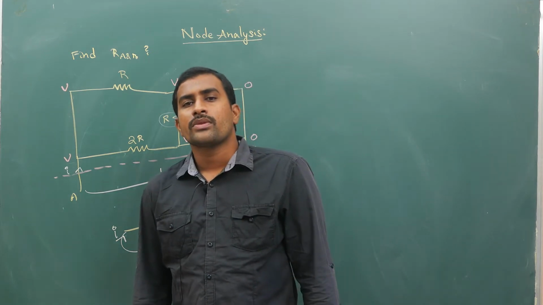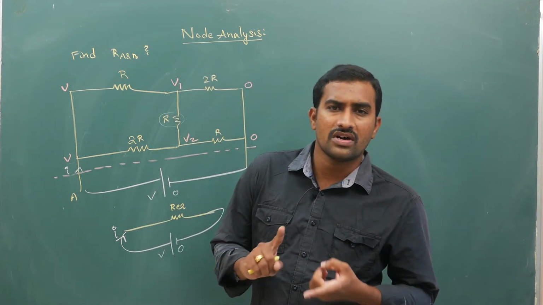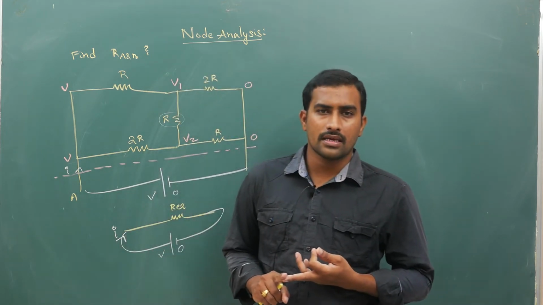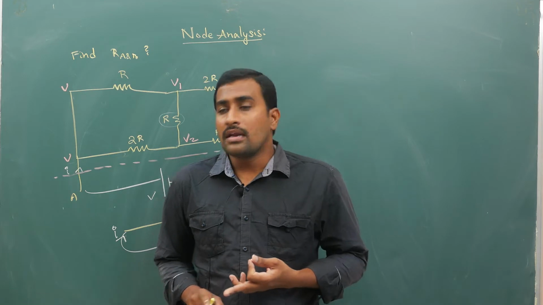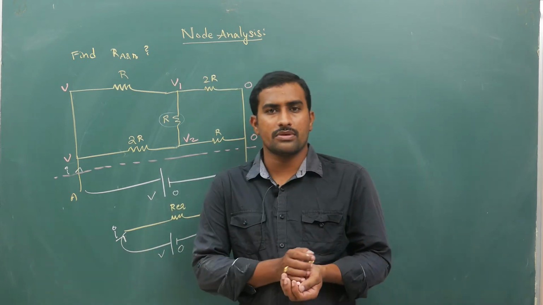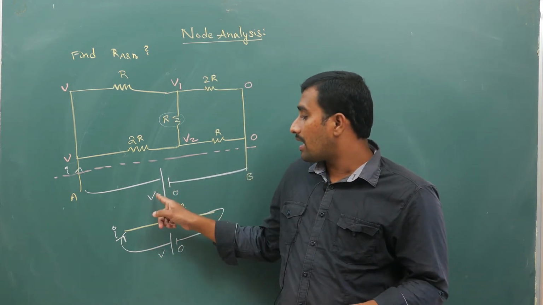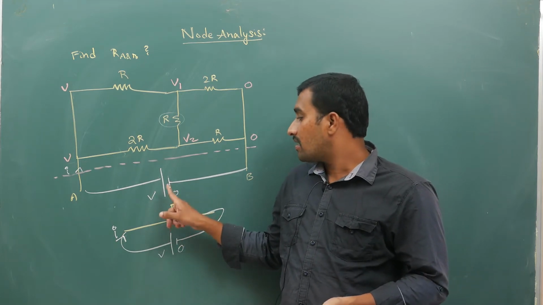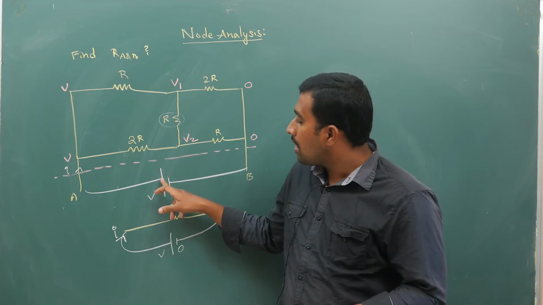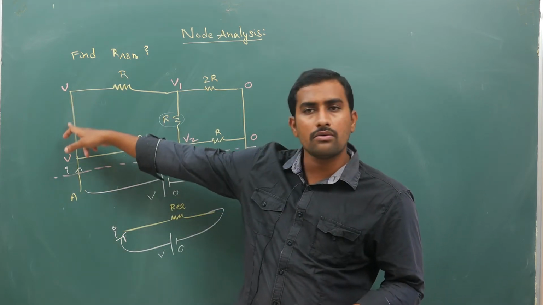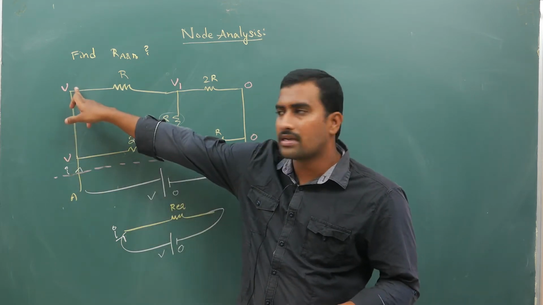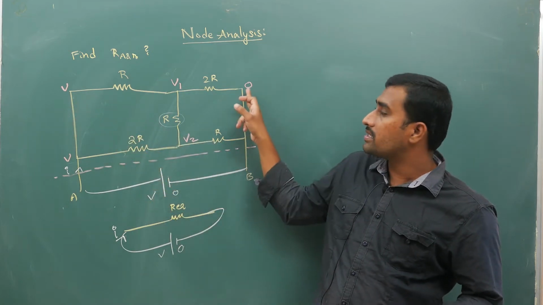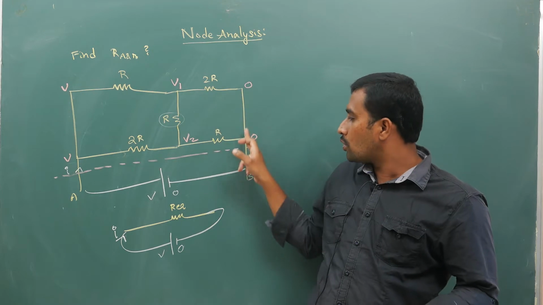Okay, so what I am doing is, first step I am connecting the battery, second step I am marking the potentials. How did I mark my potentials? If you look at this, I have connected a battery of V and 0 volt terminal. If the positive terminal is at V volt, all these connected points will have V volt because there is no resistor in between. Next, if this is 0 volt, all these connected points will have 0 volt because there is no resistor in between.